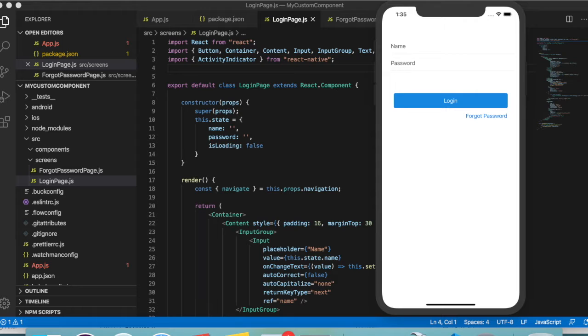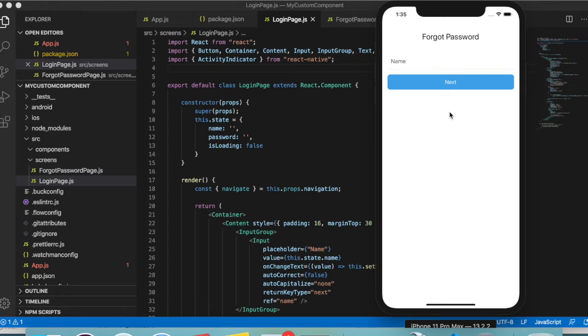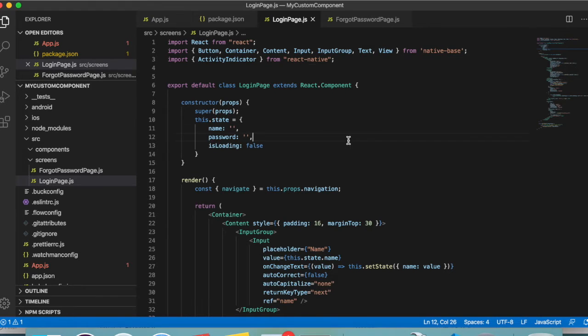screen. So just for the demo's sake, I have added a login screen. It has a login button which has a very specific property of having a spinner. Whenever you click on the login button, a spinner will come up so that if you want to make any API call or do any internal processing, that can be done, and based on that you will be navigated to the next screen. Now suppose you want to have a similar button on different screens of your application. How you are going to achieve that, we are going to learn in this tutorial.